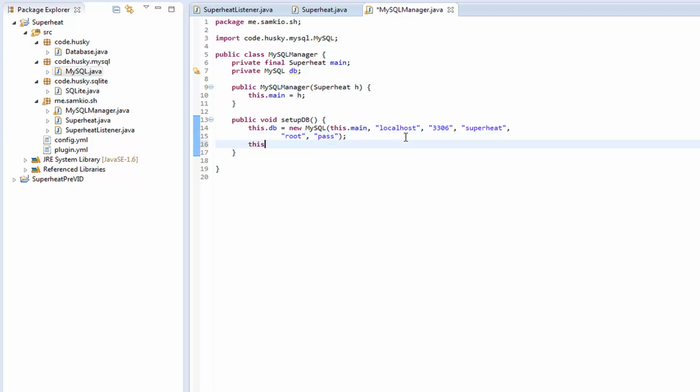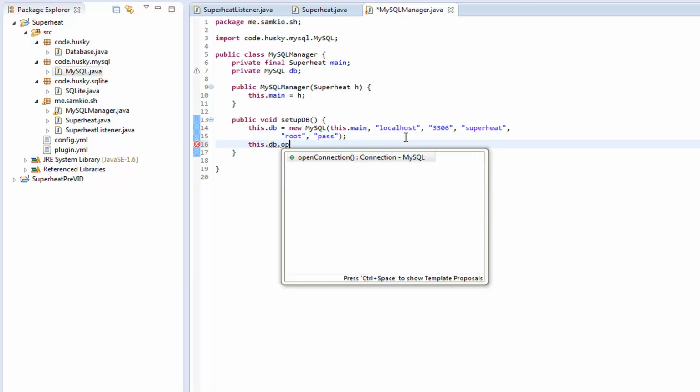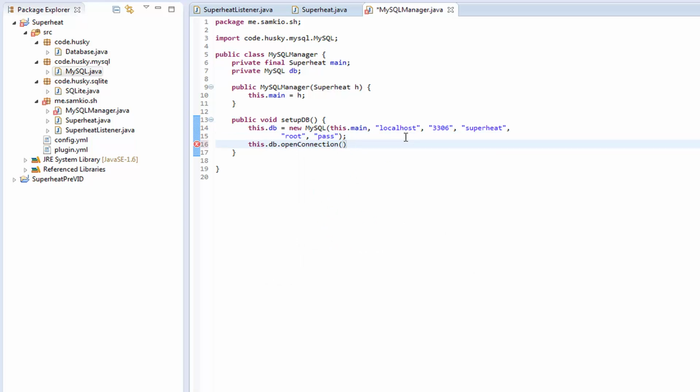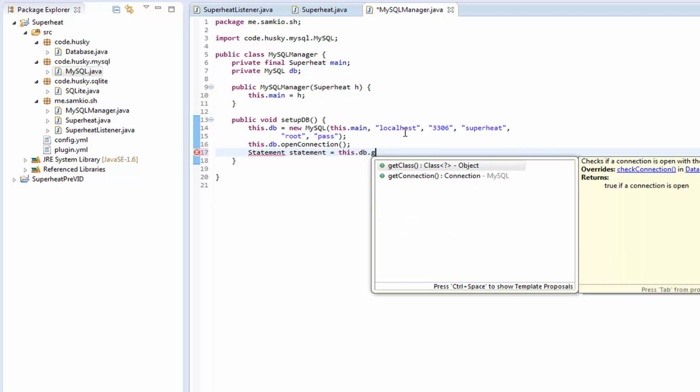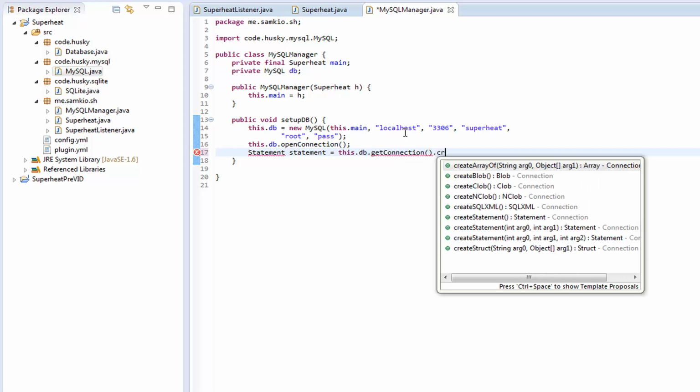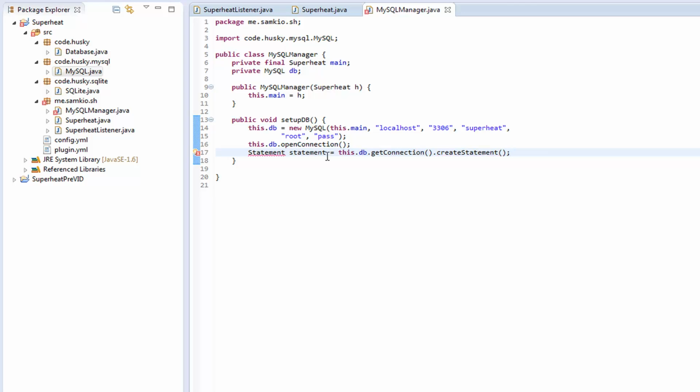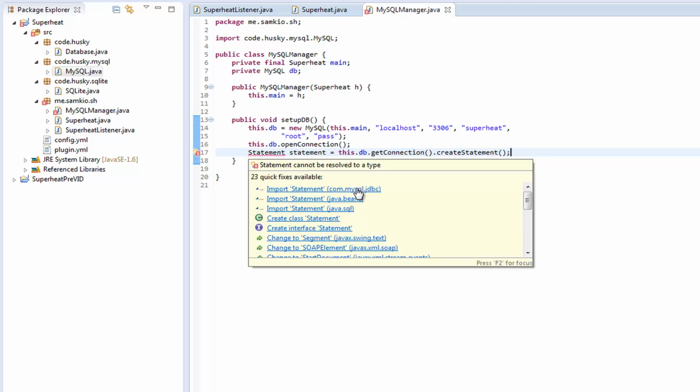Okay, so now I'm going to open a new connection, so db.openConnection, and that's a function in the MySQL which just opens a connection between the server, or the plugin, and the MySQL server. And then we're going to create a new statement, so statement equals this db.create, we'll get connection first, .createStatement. I'll just create a statement. There we go. And what we can do is basically execute things to